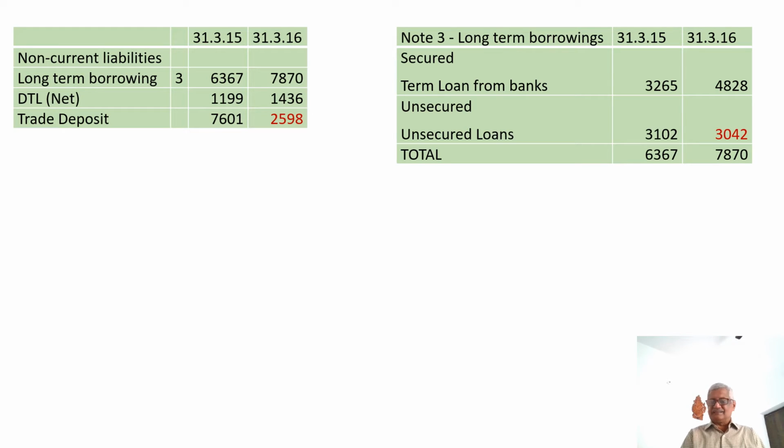We need to understand the reason for the increase of 16 crore in term loan. Similarly, it is pertinent to note that there is a reduction in unsecured loan. That is, from 31.02 crore, the unsecured loan had decreased to 30.42 crore. Though the amount appears to be nominal, we need to understand why the unsecured loan has been repaid despite the fact that there is no reduction in the bank finance.